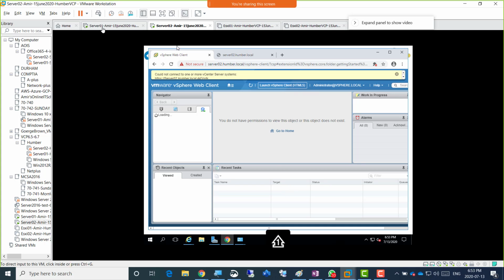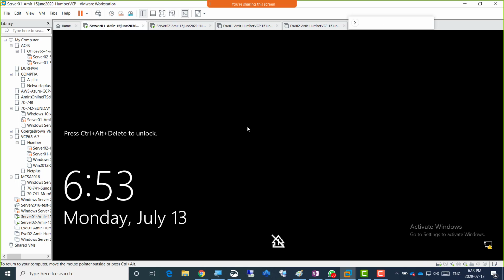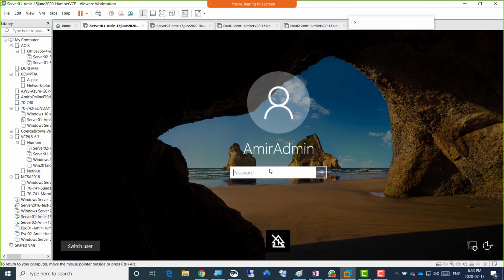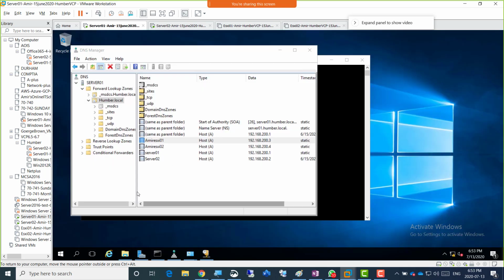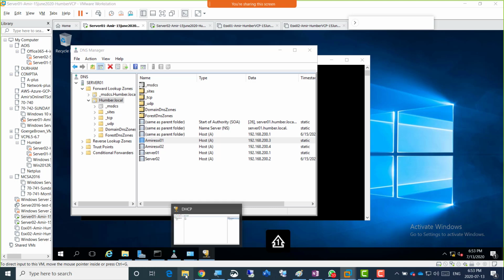Now if I try that same extension on server 1, server 1 also has a browser. Oh, actually it does not have Internet Explorer. Okay, so SSO is still coming. This means, guys, if you are still getting SSO errors or other errors, then either restart and wait for 10 to 15 minutes again,